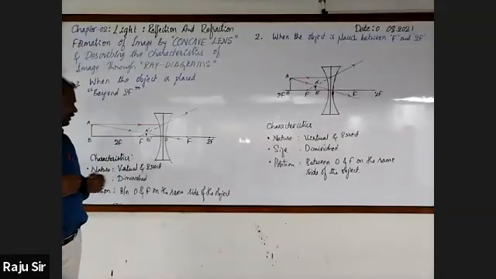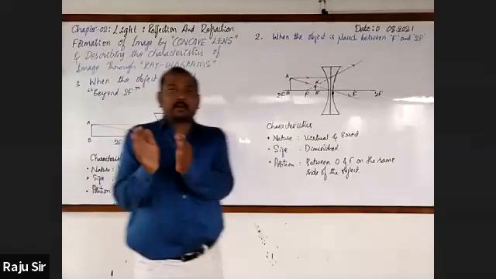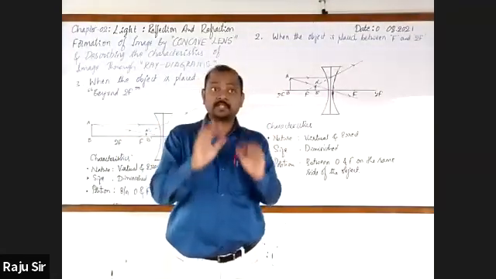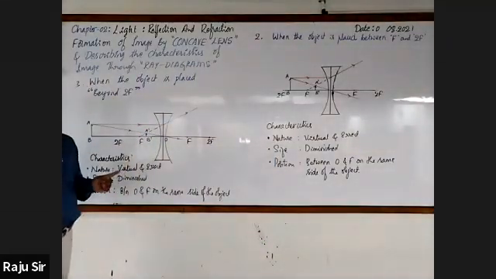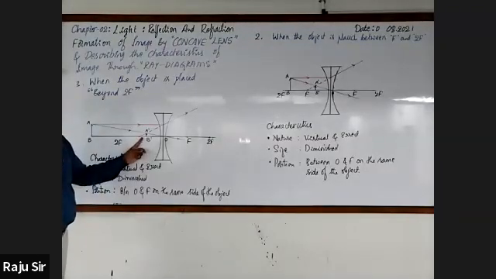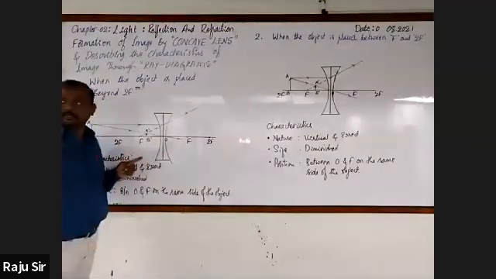Next, position, whether it changes. It will be the same: between optical center and principal focus. That is the same, but the exact position of the image is different. Just like between O and F, but exactly, again you will find the difference. We will come to know that difference by comparing the position of the image from the optical center in all the three cases.